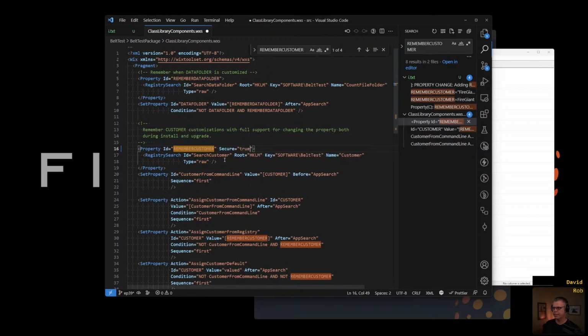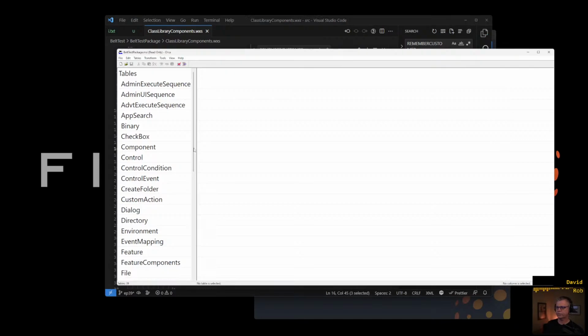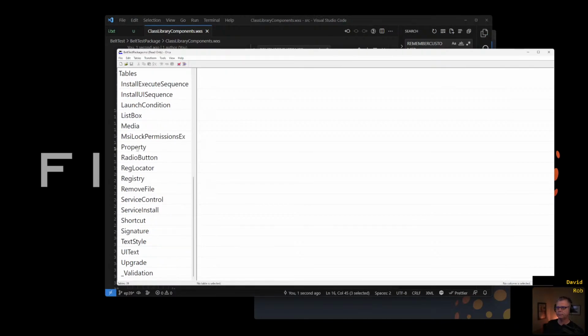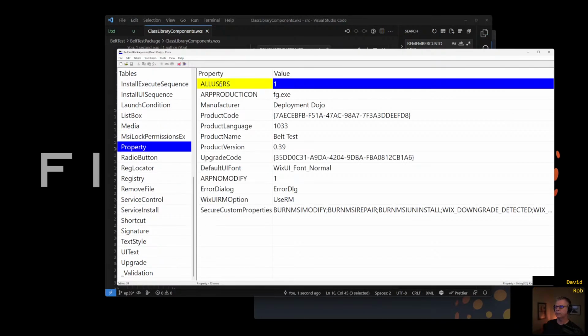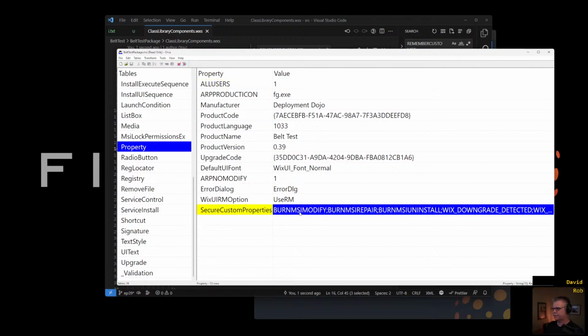The Windows installer does not do that, because the Windows installer has a property table, and that property table has two columns, property and value. So that's not really helpful. They don't have a place to say which of your properties is secure. Well, the way you do it is you have an MSI secure custom properties entry down here.